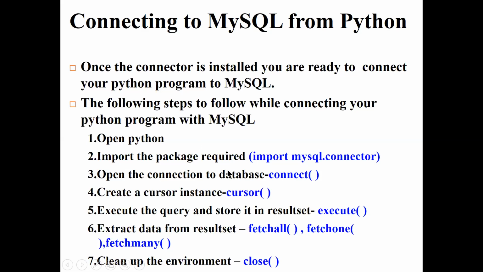How will you import the package? Just by specifying the import command, and then you write mysql.connector. This is the statement to import your package into your Python program. If you want to give any alias name to this, you can do so, as we have already done. If you want to give some simple name, import mysql.connector as mysql or myconnection, whatever name you like, because we will be using this name very frequently.